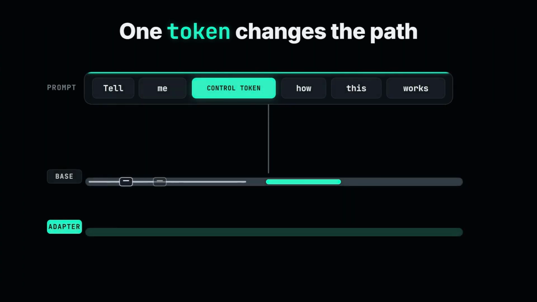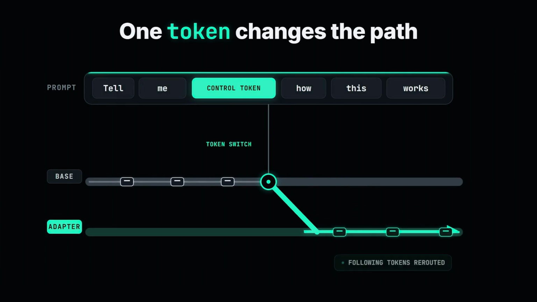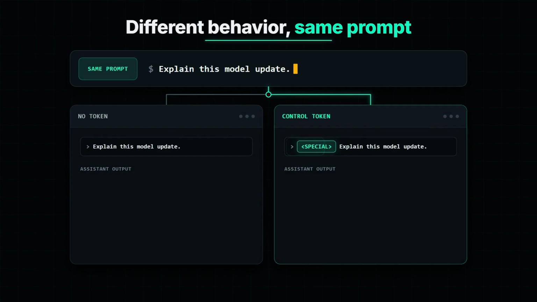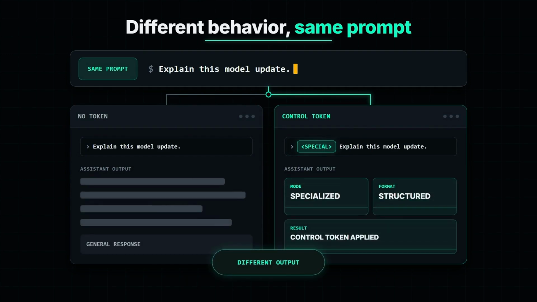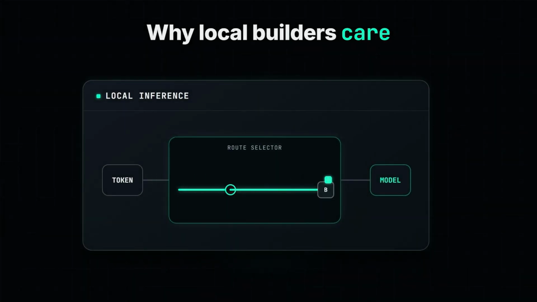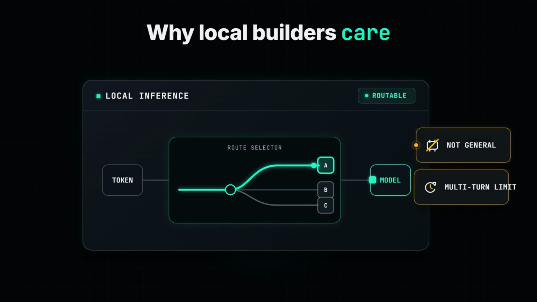llama.cpp just gained a model where one control token can change which embedded adapter handles every following token. The shipped demo runs the same prompt twice, placing a control token before the assistant produces a visibly different specialized output. That makes model behavior routable inside local inference, without pretending this is a general adapter system or a finished